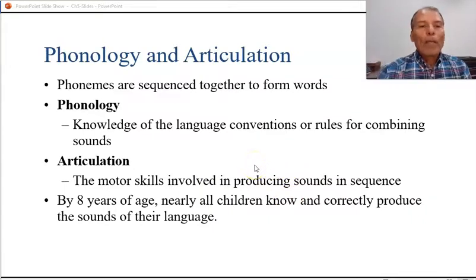So now we come to the differences between phonology and articulation. Clinically, when we do treatment or diagnostics, we do not anymore refer to these differences. We say phonological disorder or articulation disorder. These differences no longer exist. However,